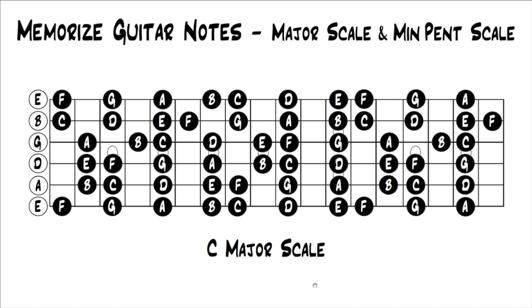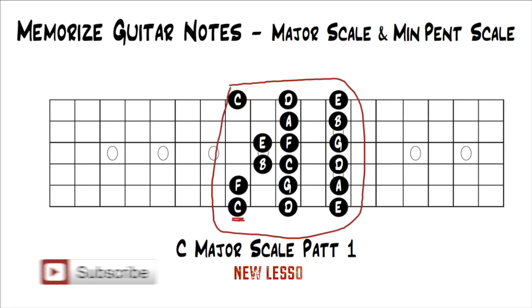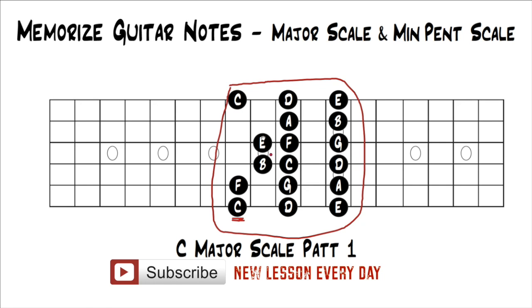So if we go back to the C major scale for now, the way we can use that is if you know your major scale patterns. There are different patterns that you can use, but I'm just going to use the ones that I teach the most often, so this will work for any patterns that you use. For example, the ones I teach, this is pattern 1, starting on the C on the 6th string, and it's just going in order of the scale, obviously,